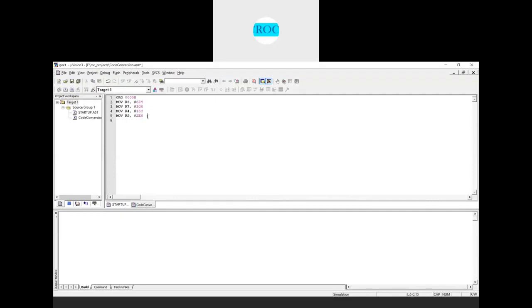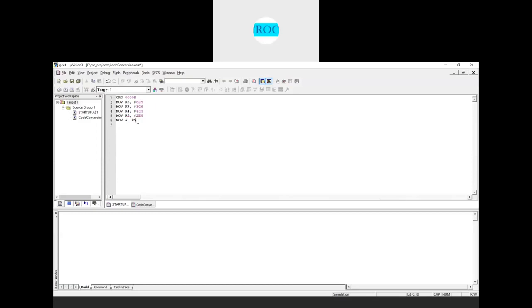Next, now I need to perform the multiplication. First, you multiply the lower byte numbers. MOV A, R5, which has the lower byte number 2EH.